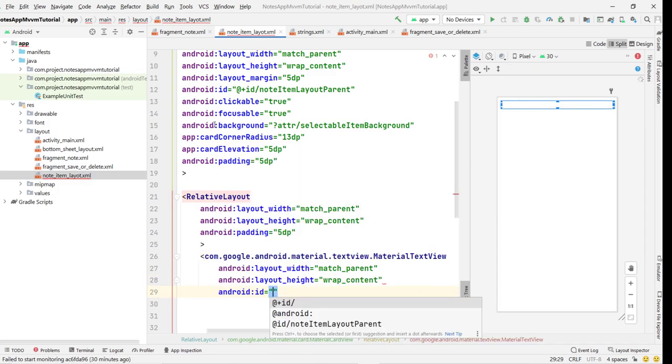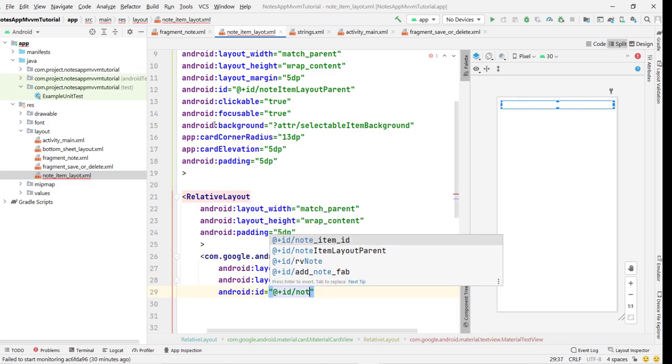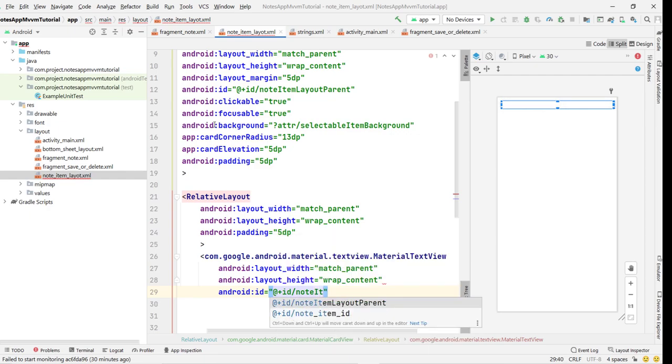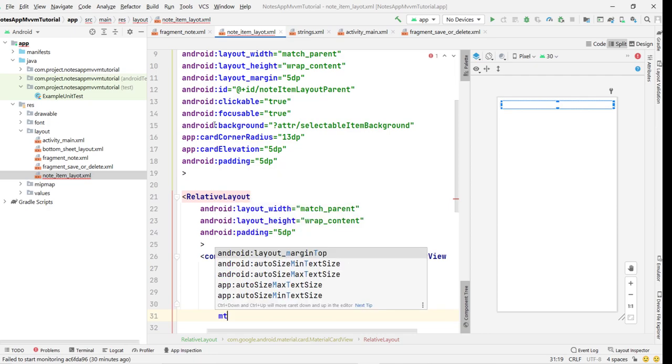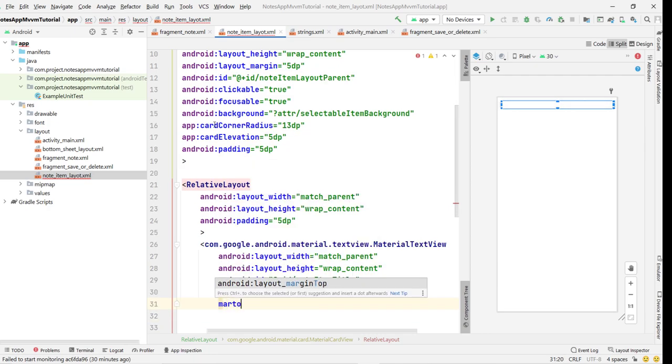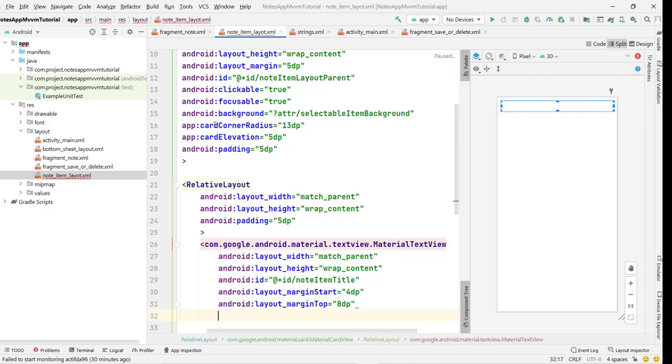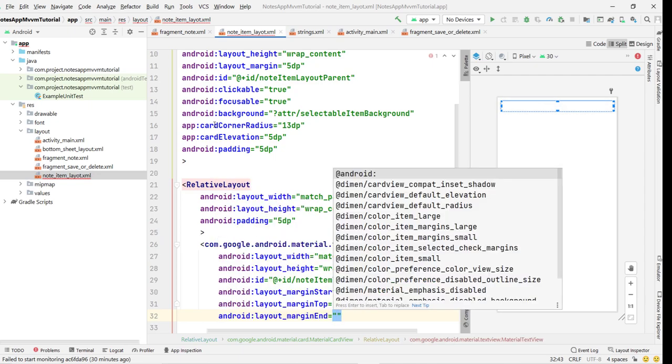Then I give any ID, so I give the ID here note item title. You can give any ID. And then after this margin start 4 dp, and margin top 8 dp, margin end 4 dp,